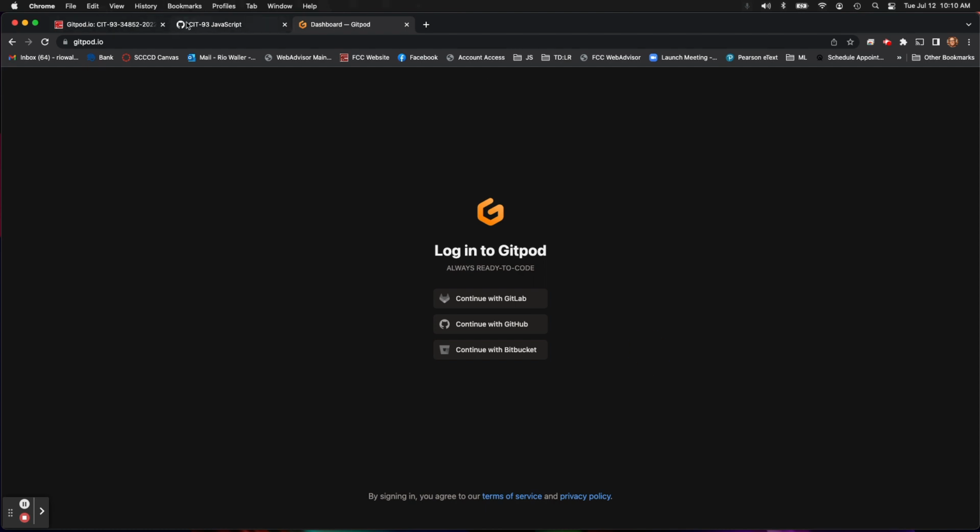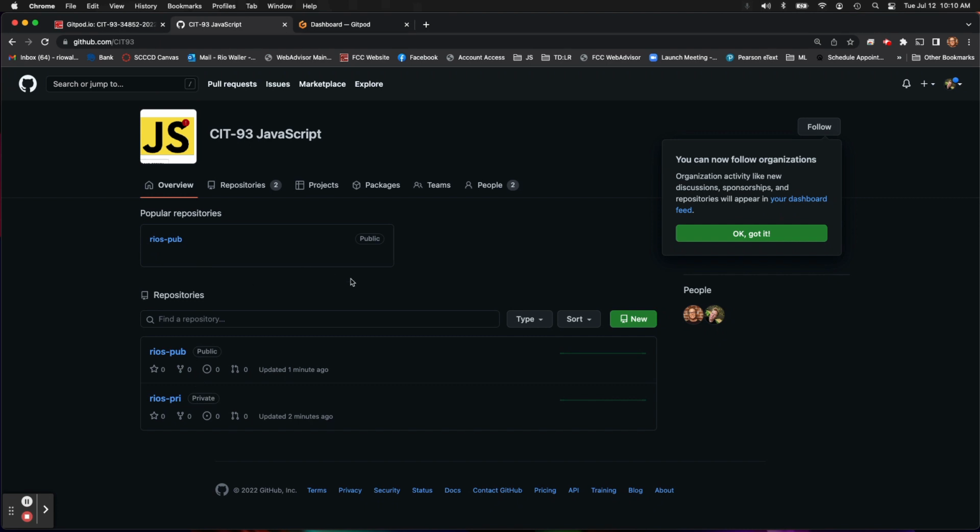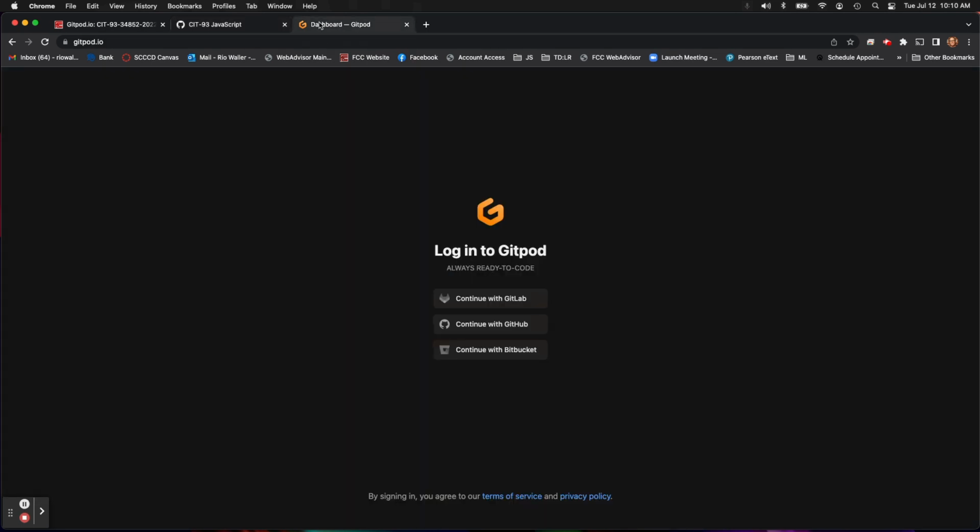Okay, so we're logged into GitHub, and what I'm about to do may look just a little different when you do it, okay? Because again, I'm logged into my GitHub, and you're in the organization, you've created your two repos, your public and your private. Make sure you've done that before you do this next step. And now what we're going to do is on Gitpod, we're actually going to continue logging into Gitpod using GitHub. Now, I'm sure you could use one of these other accounts, but it's just easier because we're just going to basically use that account we already have. And that way it can see our